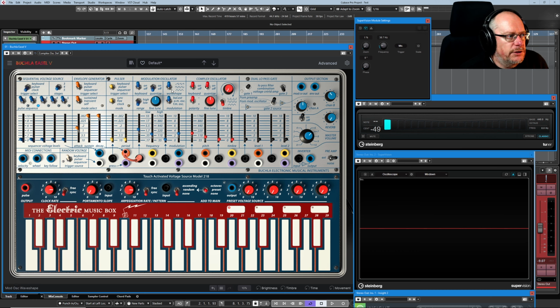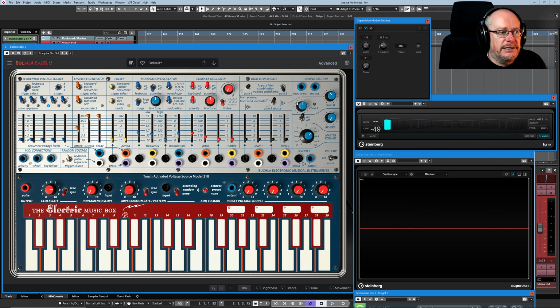And I'm going to have to just do a few bits of tweaking. Actually, we're pretty much good to go. I'll take that away for now. So your settings on the modulation oscillator need to be right for this effect to work. What's going to happen is that the modulation oscillator